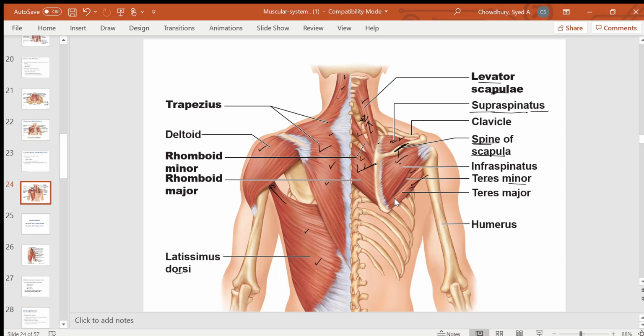And in the medial side you have levator scapulae and two rhomboids, rhomboid minor and rhomboid major. So those are under the trapezius. Okay,